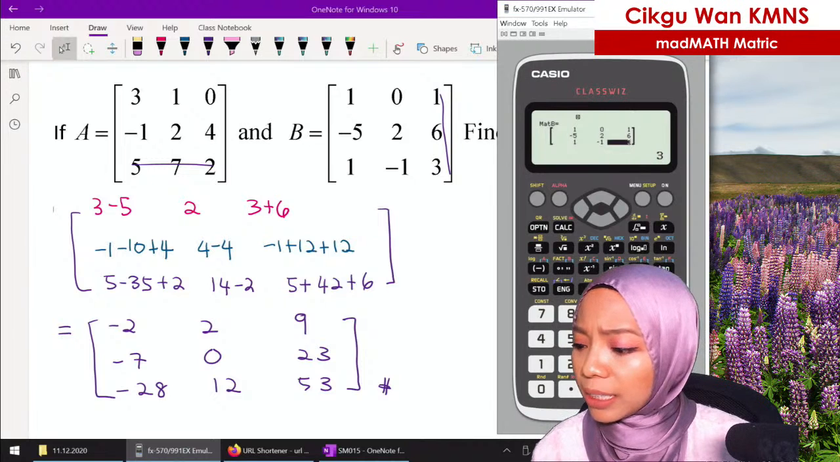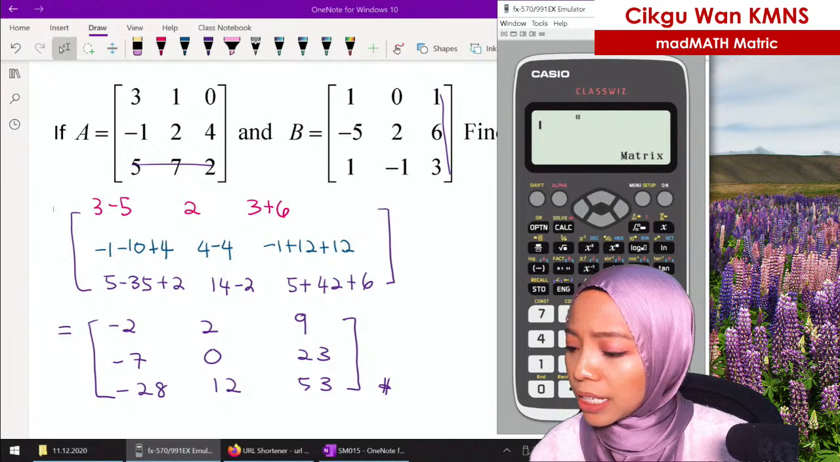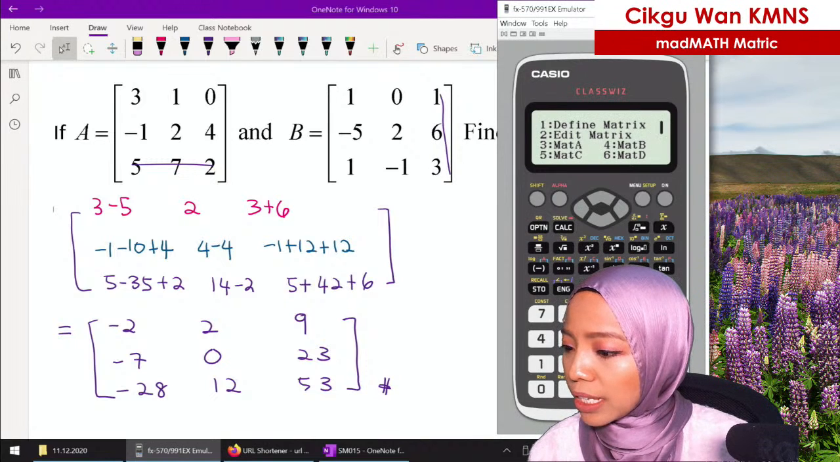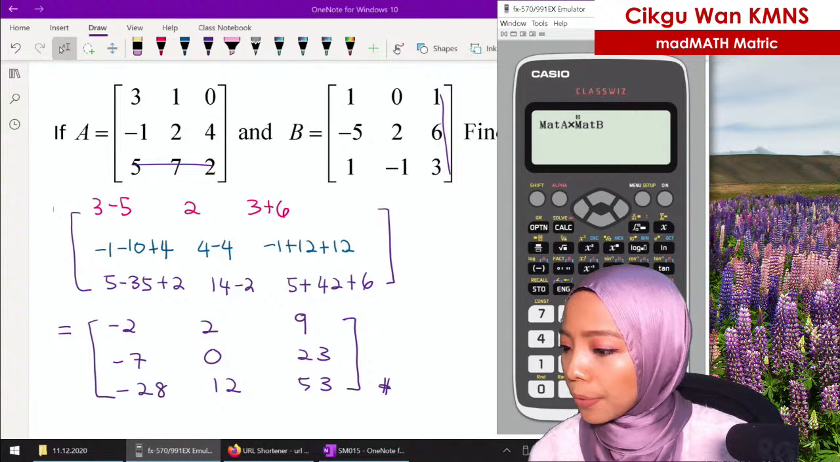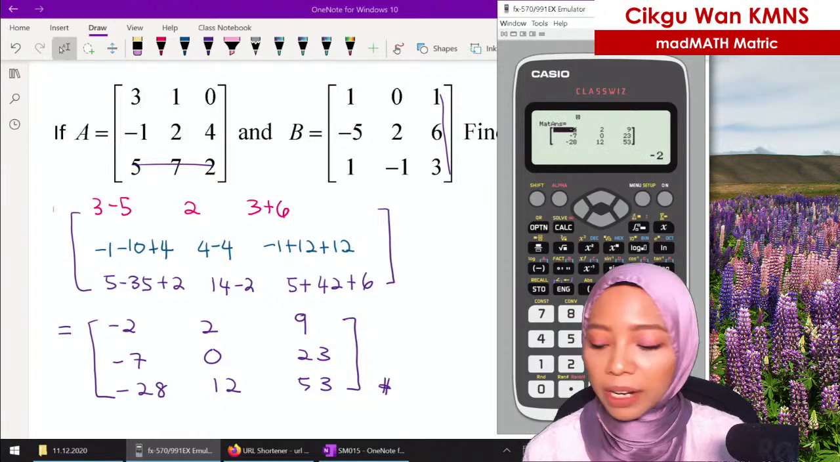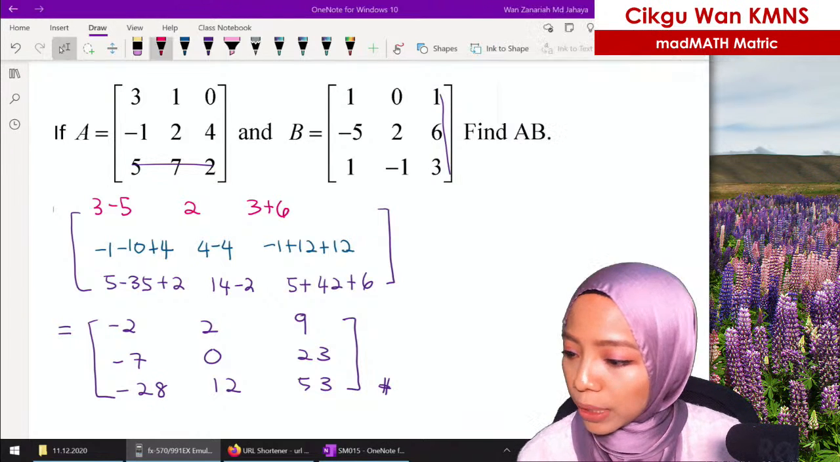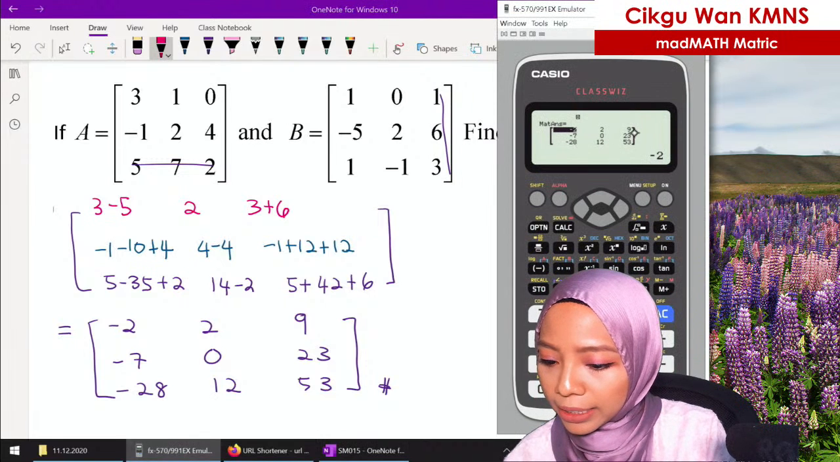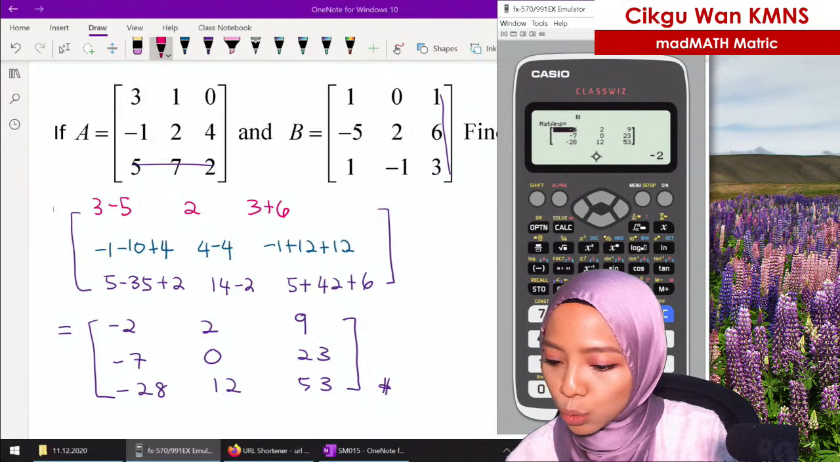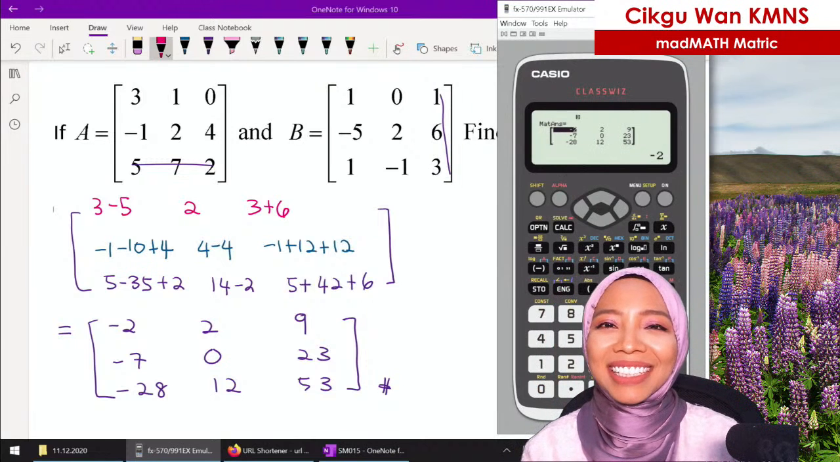Kita nak multiply. Okay, kita nak multiply. So, dah siap. Kita panggil dia. Kita panggil matrix A. Okay, darab dengan matrix B. Okay, kalau Cikgu Wan laju sangat bagi tahu. Okay, so mari kita check betul ke tidak jawapan kita. Okay, -2, 2, 9, -7, 0, 23, -28, 12, 53. So, bolehlah kita